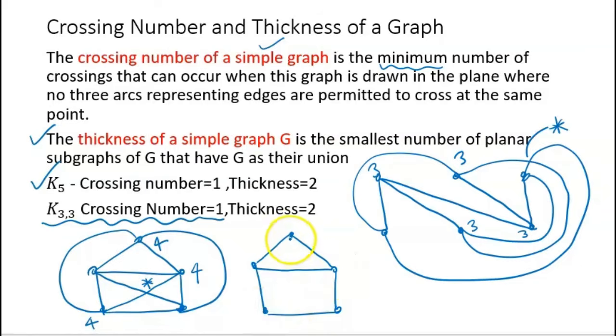Here this degree I have to make 4, so let us join it, right? So the degree of this and this, so I can join this. So now this degree becomes 4, because I want to draw two subgraphs so that the crossing can be avoided. And now this degree is 3 and this degree is 3, so I can draw this. Its degree became 4, its degree became 4, so now 4, 4. Now for these two I can draw another